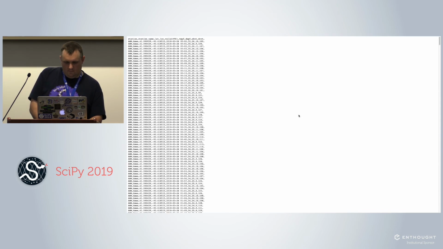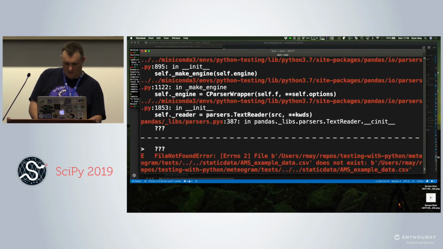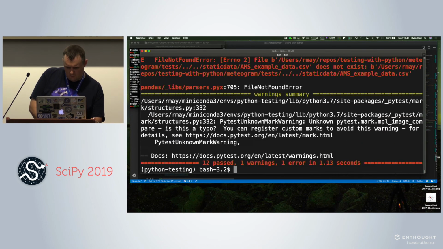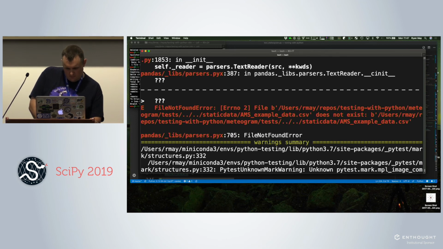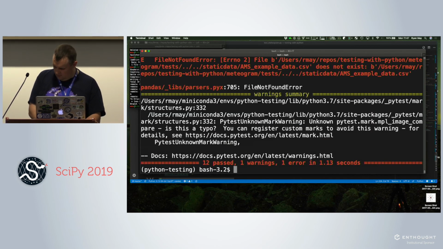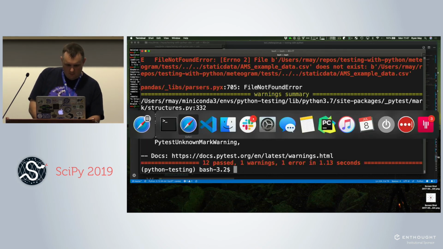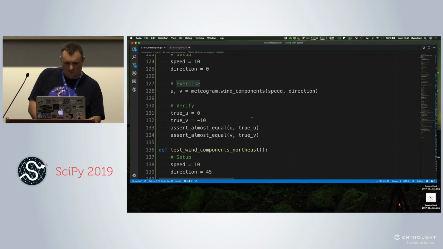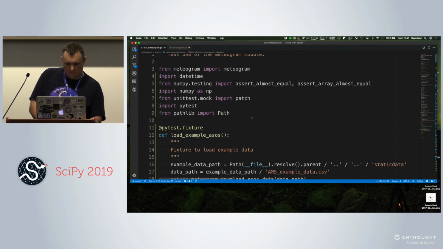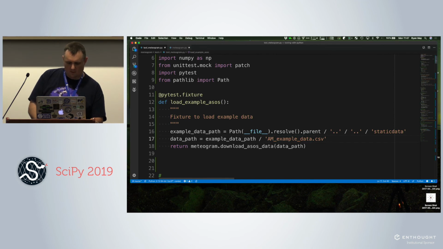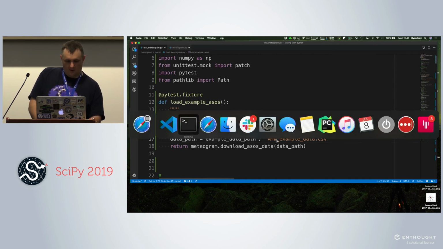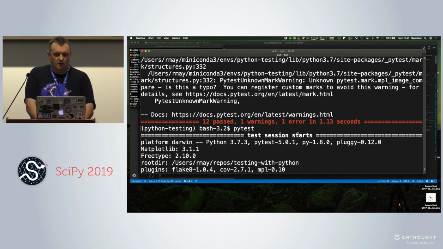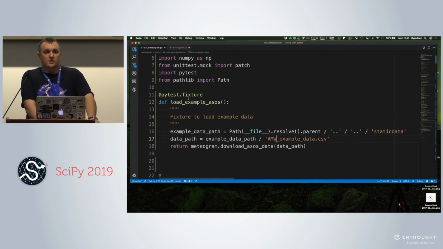Okay. So now, if I run pytest, what did I do wrong? Thank you. So, correct my typo over here in my fixture. So let's try it now. Okay, there we go. So now we have this fixture that we can reuse in all of our tests